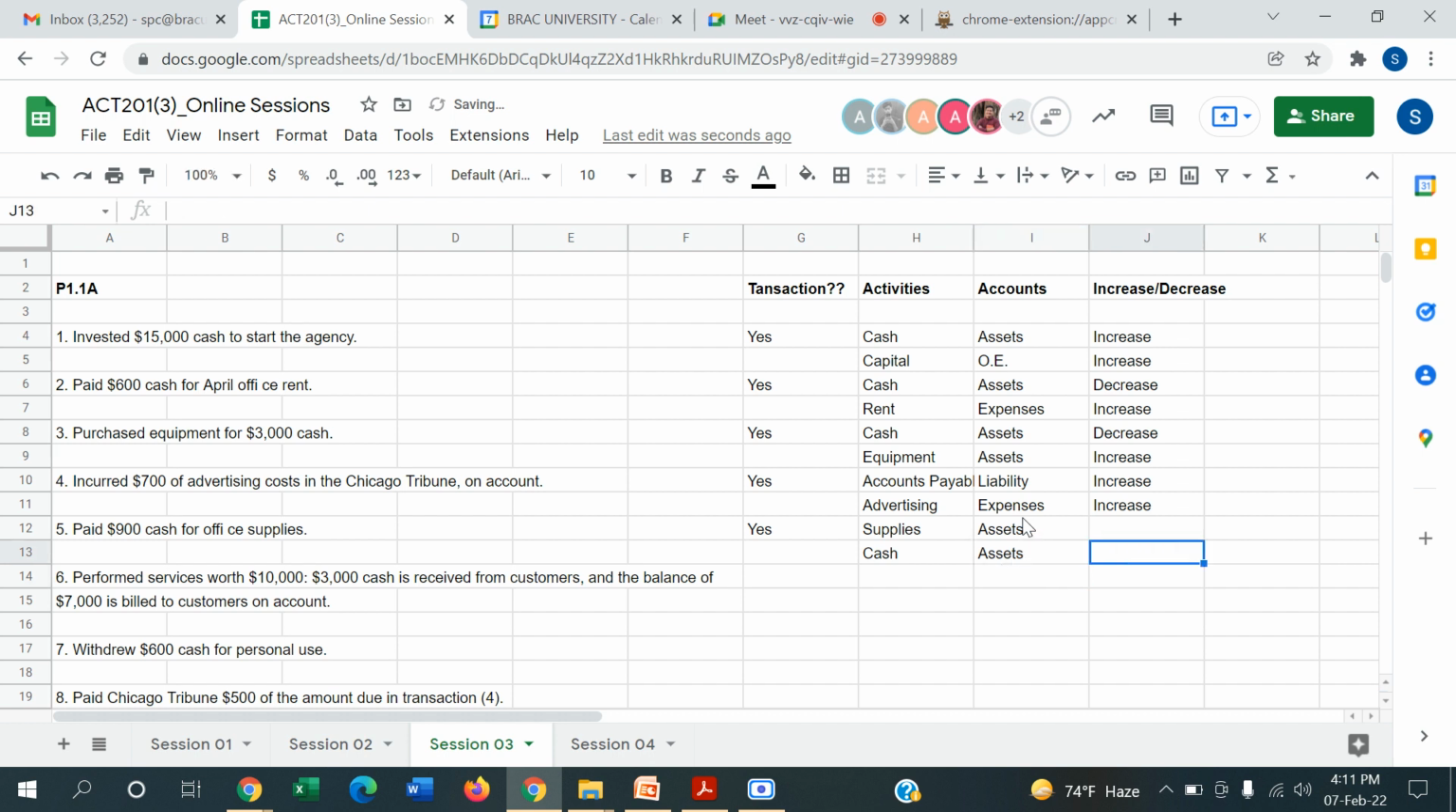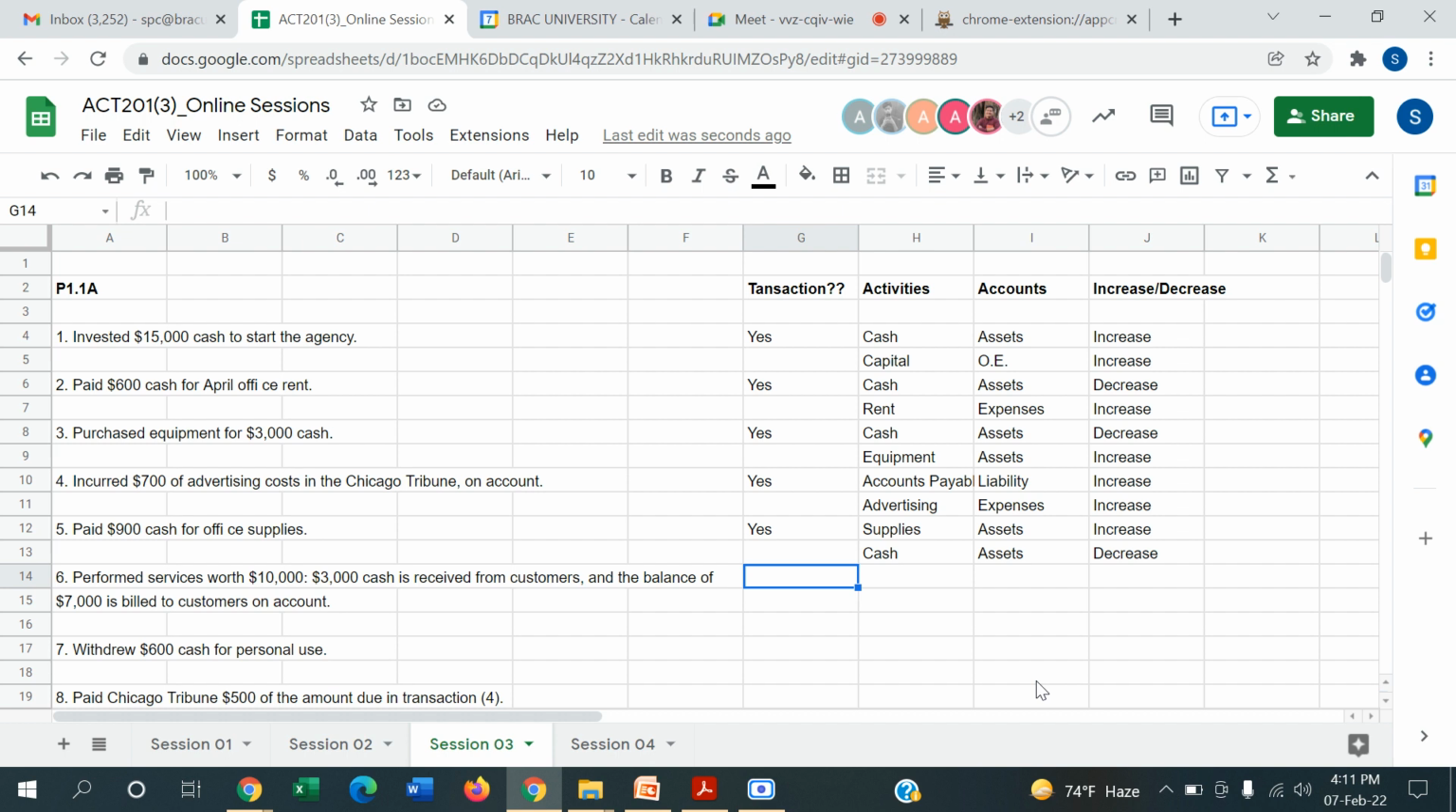Changes: supplies will increase and cash will decrease. Supplies increase, cash decrease. Number six, perform services worth 10,000, and 3,000 is received in cash from the customers, and